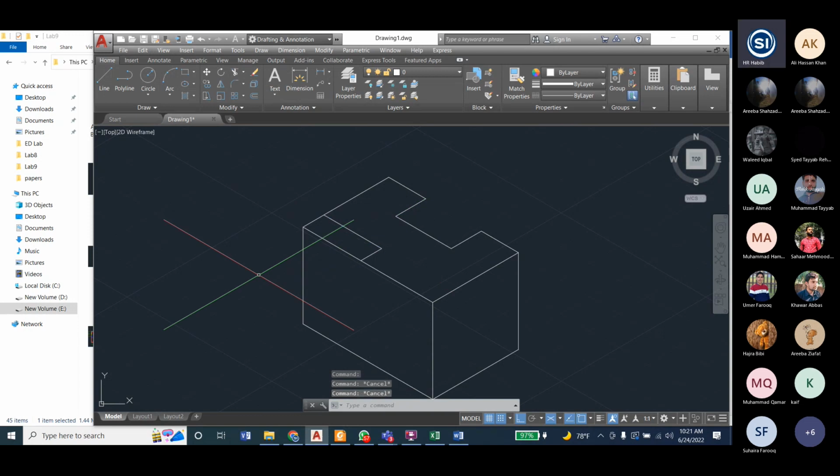ये देखें ना, खावर ने बना भी ली है। जबरदस्त. ठीक है। Very good, very good. Trim की command भी use की है। Trim का ये सीन है ना कि यहाँ से वो दूसरी लाइन इंटरसेक्ट कर रही है, जैसे ये दो और ये इंटरसेक्ट कर रही है, इससे और इससे सेलेक्ट करेंगे तो फिर इन दोनों में से कोई एक हम डिलीट कर सकते हैं।